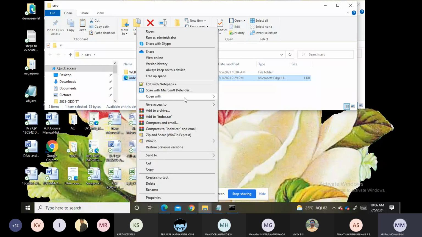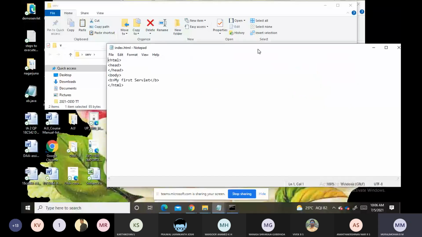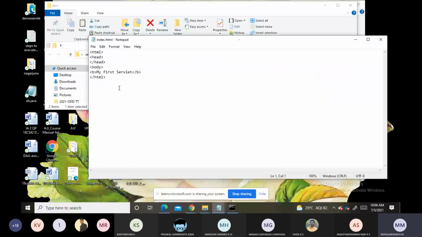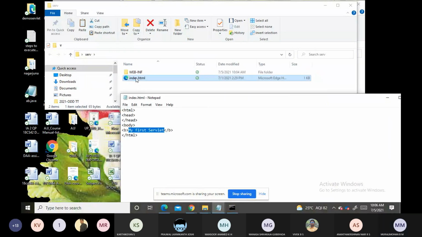You just see, I will open that. See, this is what we have written inside. I just wanted to print my first servlet.